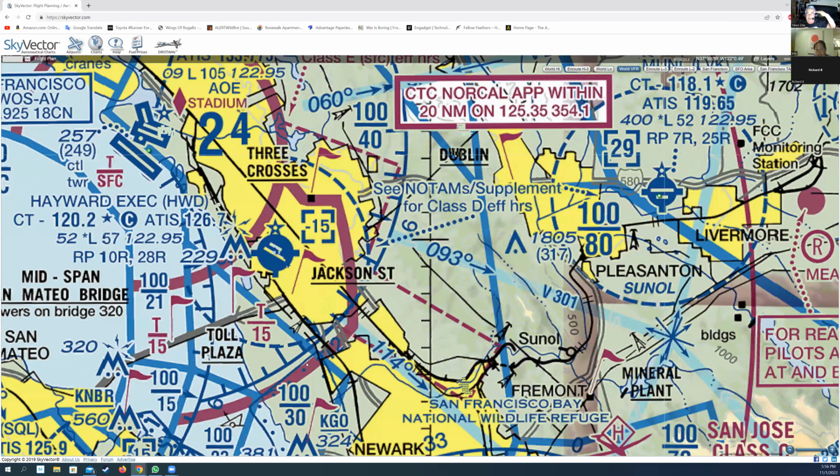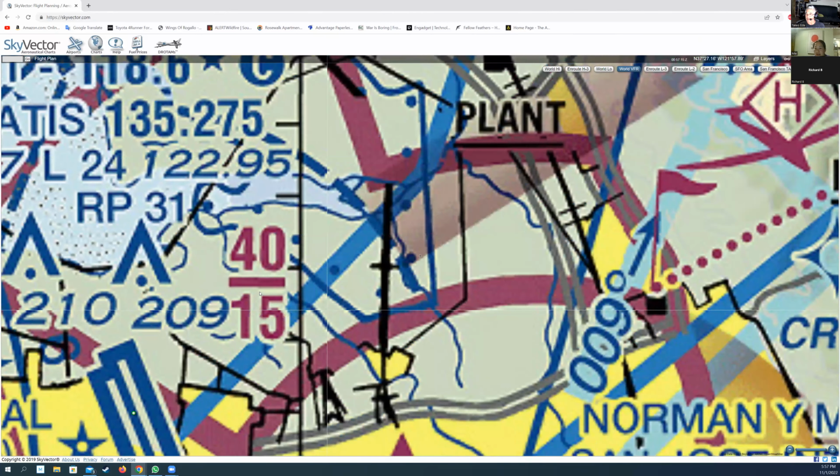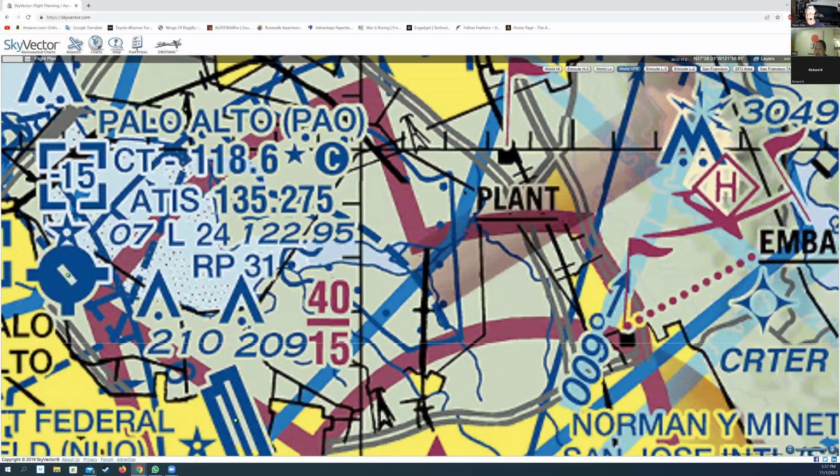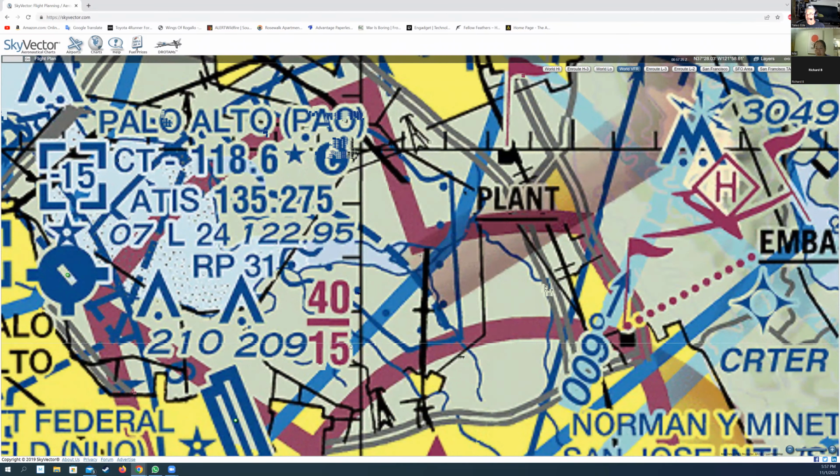I'm sorry, which one? So right here in the middle, you have this number and this number over the top. So top and bottom, right? So the top of the airspace is what? 4,000. And the bottom is? 1,500. Very good. Okay. So if I'm in a small airplane and I'm at 1,200 feet, can I be